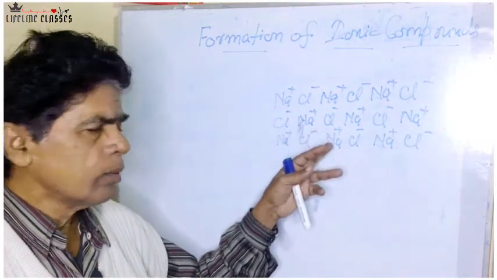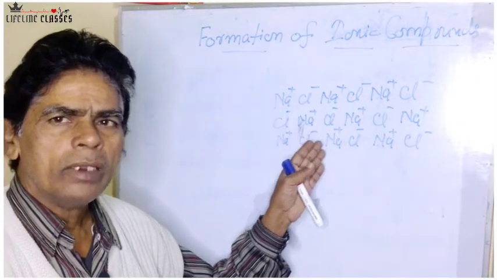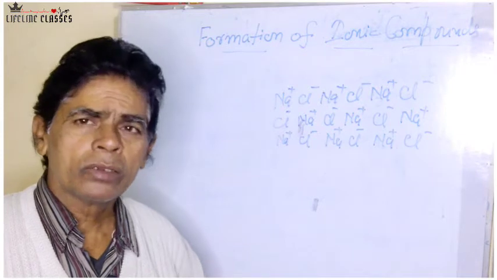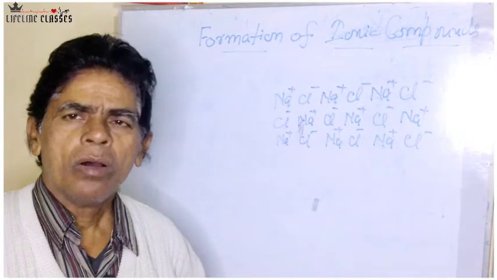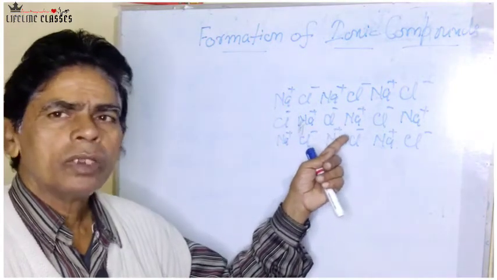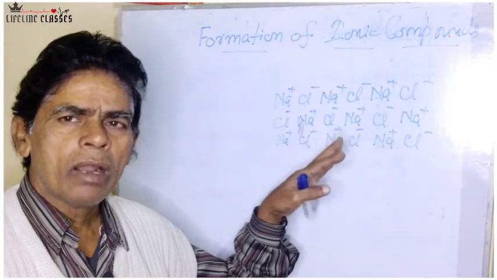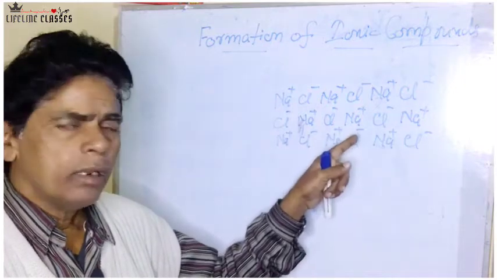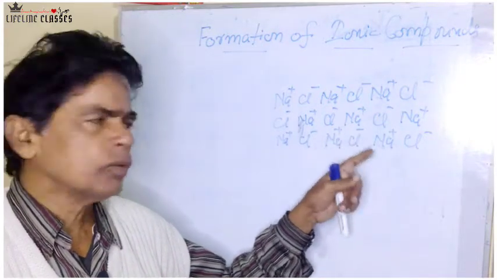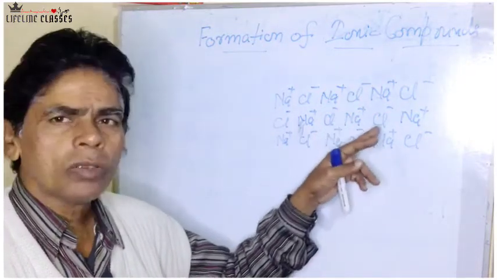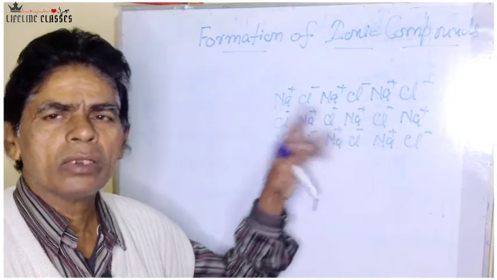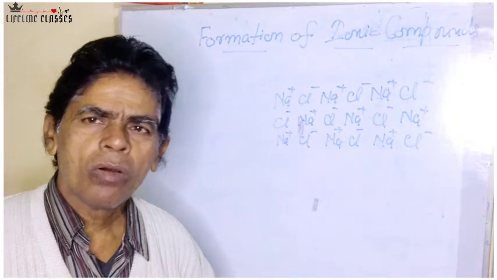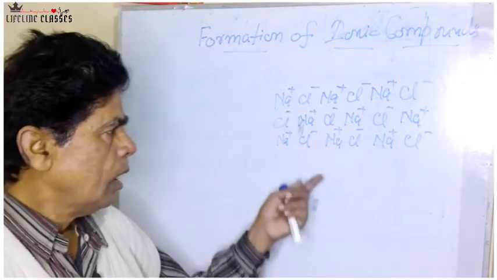So the coordination number of sodium chloride is 6, meaning each sodium ion is surrounded by 6 nearest neighbors, which are 6 chloride ions, that is, they are in contact with each sodium ion. In contrast to this, each chloride ion is surrounded by 6 Na+ ions. So this represents the coordination number of the crystal.